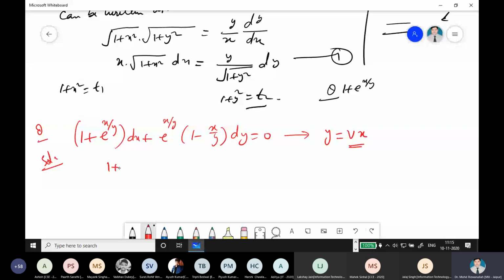You can write it 1 plus e to power x by y. Suppose anyone was not able to solve this question, dx. Now this is the question. So this can be written by taking a common of this one. So e to power x upon y, then into 1 minus this x by y, and then plus